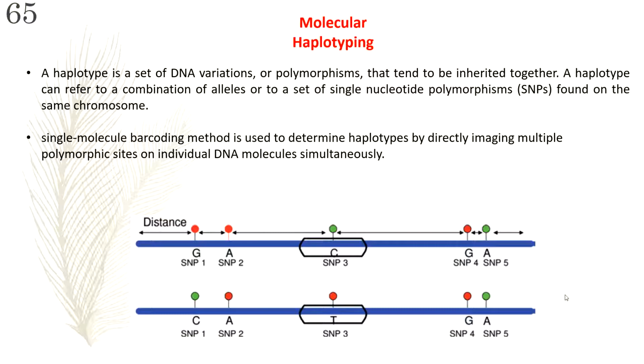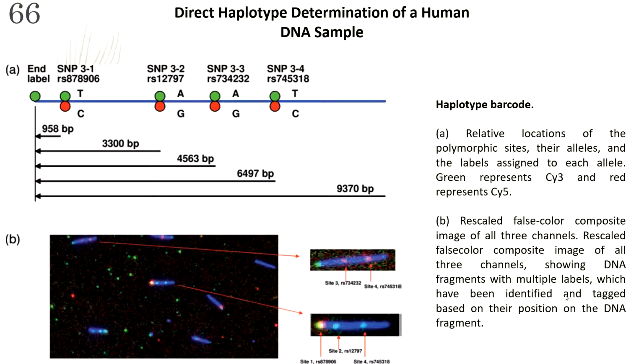Okay, so see, this kind of mapping is not asking you to analyze and sequence the whole DNA, right? It's only allowing you to simply take the whole picture, but obviously using the NGS technology. But rather than sequencing the whole segment, it's asking you to take the image, and that's much easier. Okay, and using this, direct haplotyping of a human DNA sample has been demonstrated with this particular technology, and it could again determine these 4 kinds of SNPs.